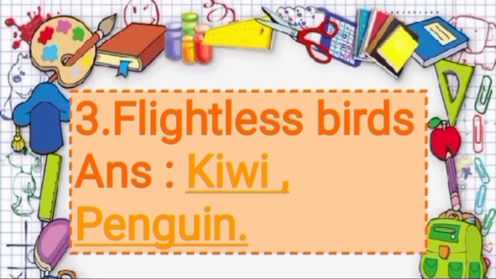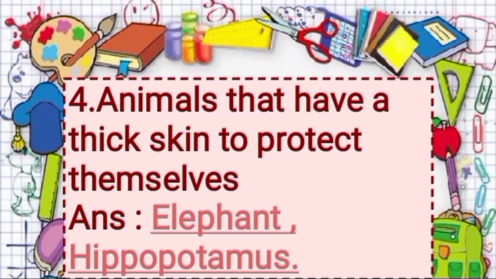But birds such as ostrich, kiwi and penguin cannot fly because they have a heavy body, and that's why they are called flightless birds. Now next question,